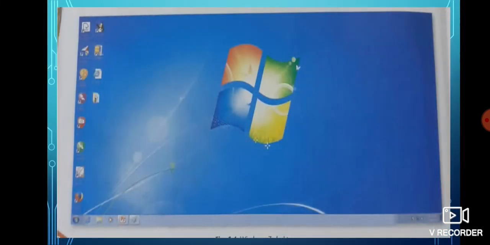Okay, now the second user interface is Windows. This is the GUI interface. Full form of GUI is graphical user interface. This is a user friendly interface. In this interface you see small icons, buttons, windows and menus on the screen.